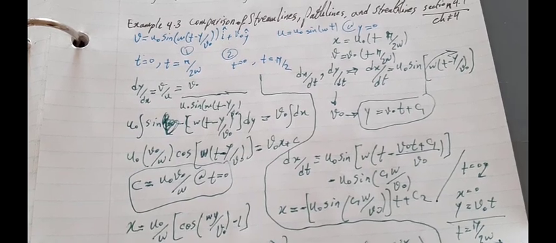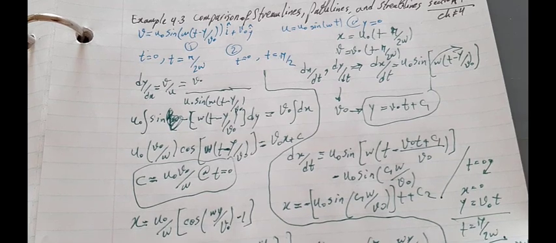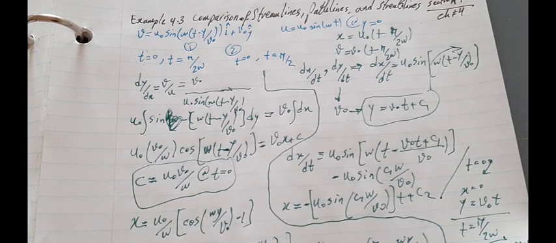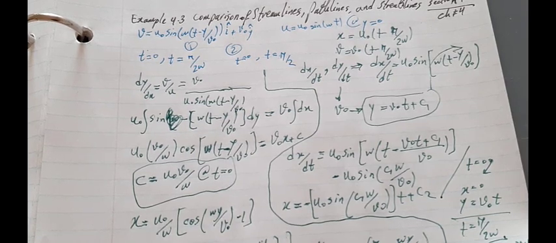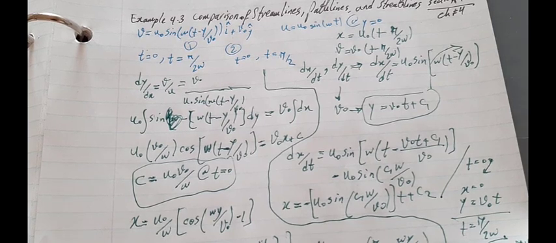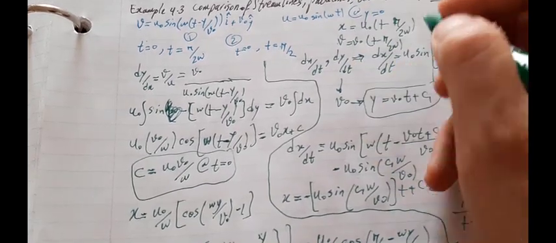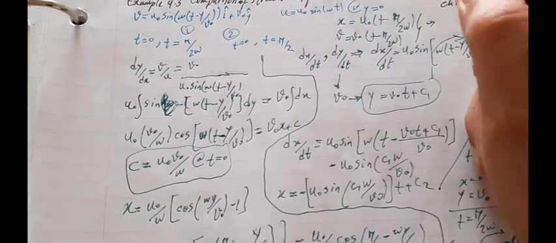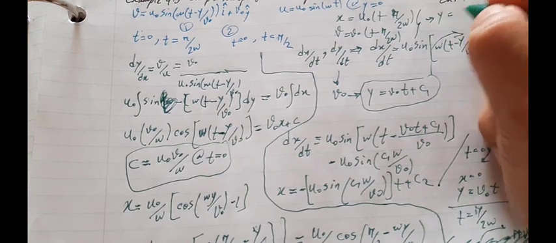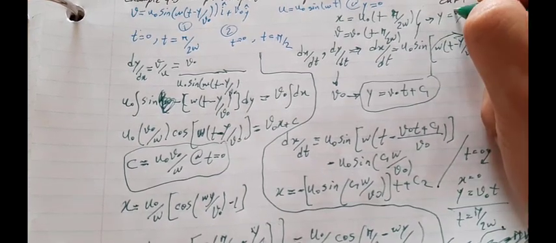The path line can be drawn by plotting the locus of x as a function of t and y as a function of t, for values of t bigger or equal to 0. Eliminating the parameter t from these equations, we have y is equal to v0